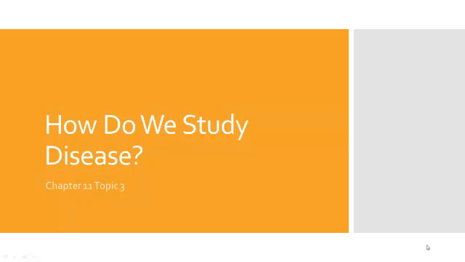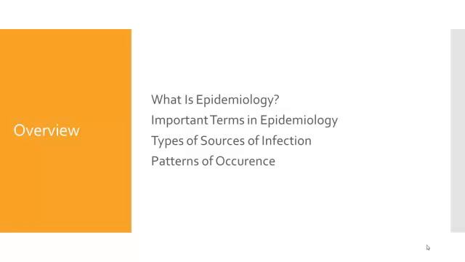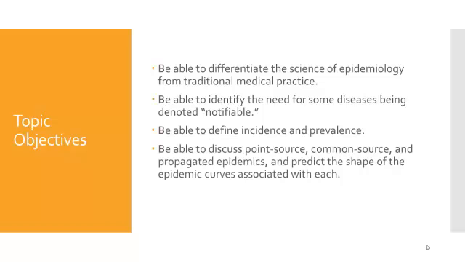Chapter 11, Topic 3, How do we study disease? In this topic, we're going to cover what is epidemiology, important terms in epidemiology, types of sources of infection, and patterns of occurrence. The objectives for this topic are: be able to differentiate the science of epidemiology from traditional medical